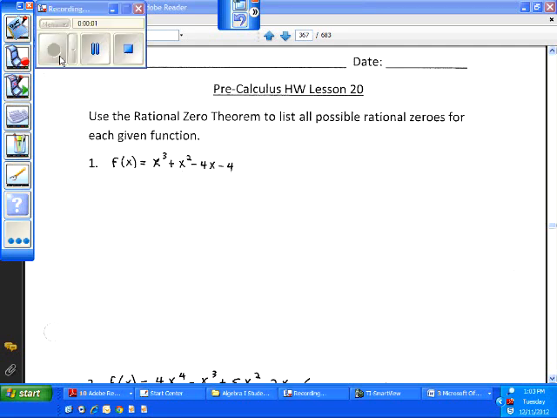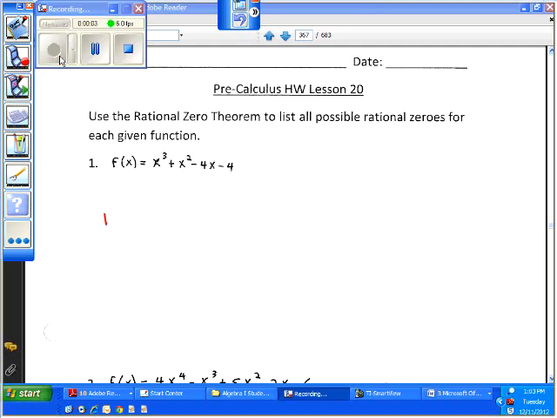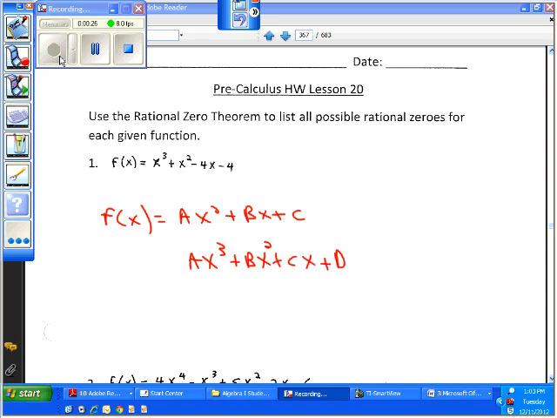What we've done so far, and don't write this down, is we have solved quadratics. f of x is equal to ax squared plus bx plus c. And we solve by factoring, or we solve using the quadratic formula. When we got to something like ax cubed plus bx squared plus cx plus d equals 0, what I did